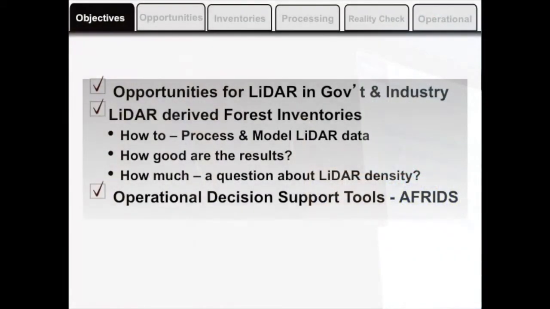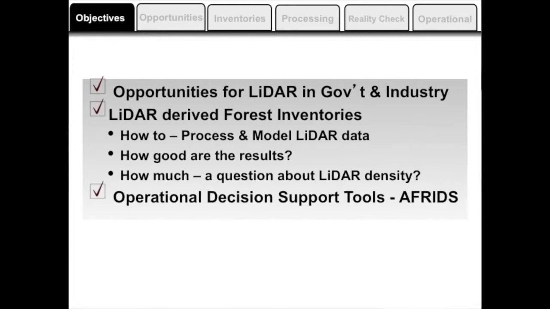What I'm going to try to do for this next hour is look at opportunities for LiDAR in government and industry, but then I want to focus more on the forest side, because that's the focus of this afternoon's session. And I want to walk you through how we have looked at processing and building LiDAR models for forest inventory purposes. A lot of this is going to follow up on what Chris, Nicholas, and Andy have spoken about, with a little bit different flavor than how we've been doing it in Ontario, but generally the same approaches. So by the end of the day, you will walk out of here with the expertise to start this tomorrow.